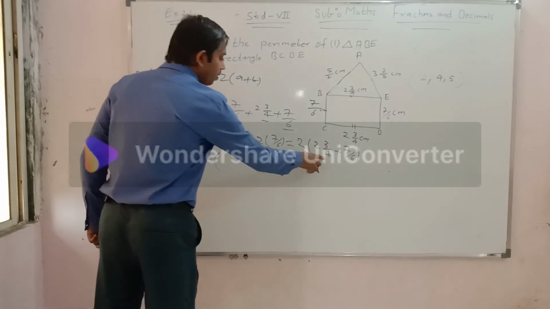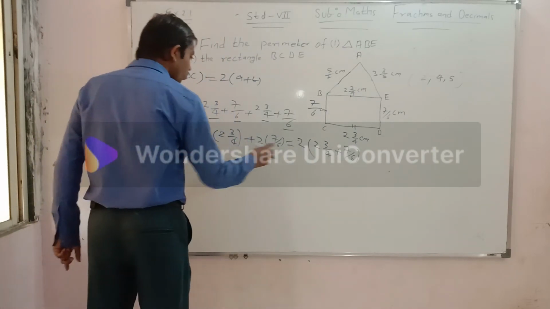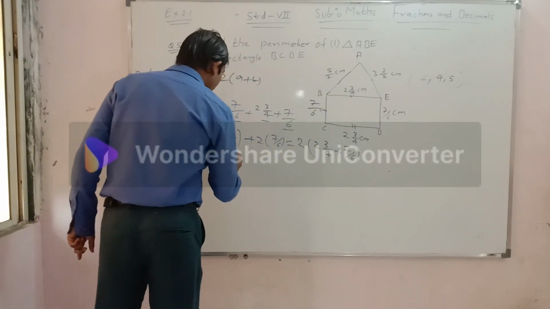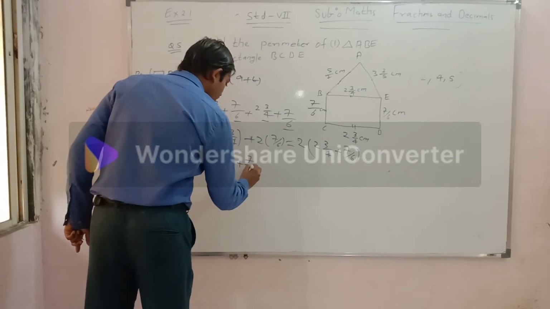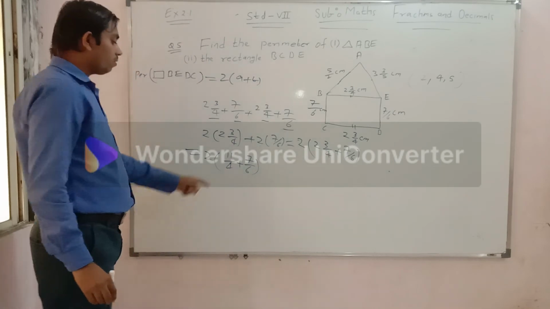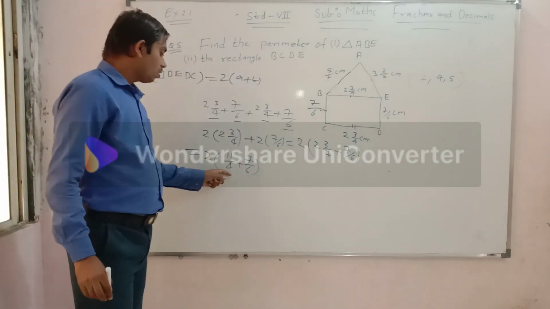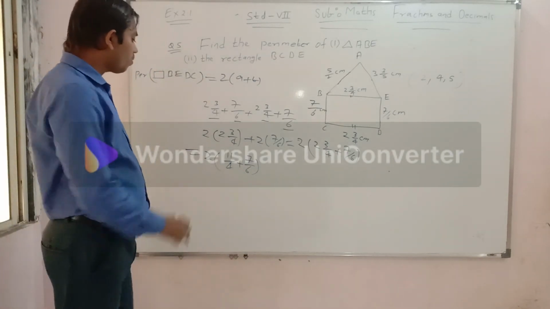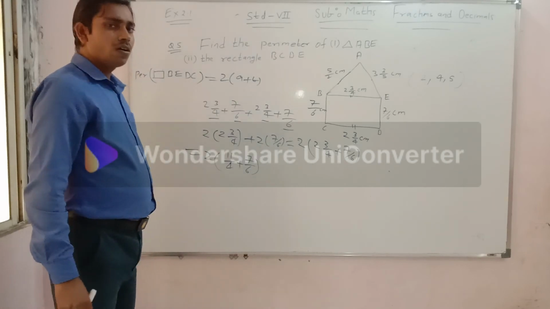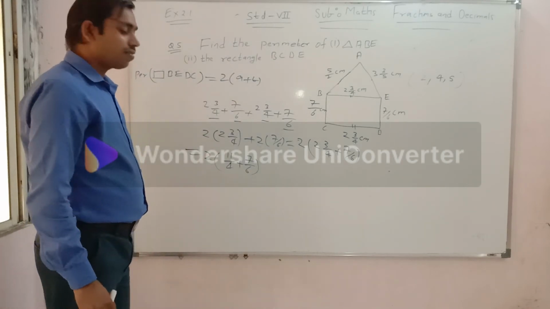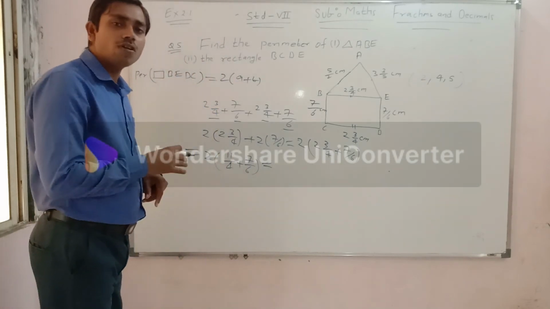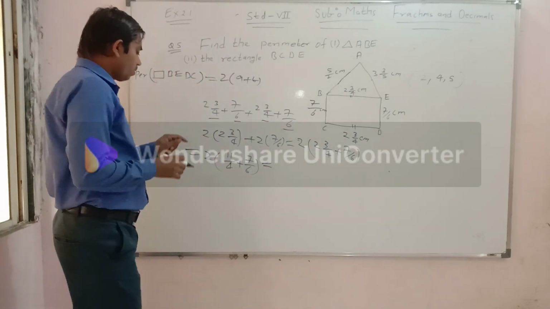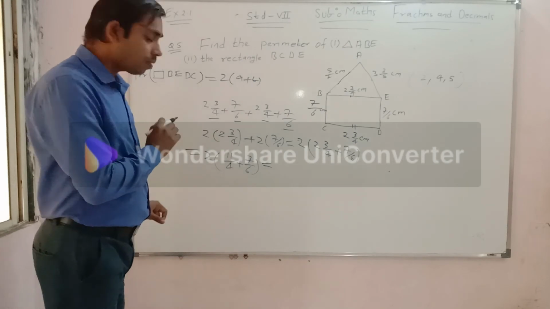First, let us convert 2 3 by 4 into a simple fraction. 4 2s are 8, 8 plus 3 is 11 by 4, plus 7 by 6. Now again, my dear student, what to do here? We have to make the same denominator, or you can do cross multiplication. So let me do the cross multiplication. It is up to you. You can also do it your own way, or use another method. Right now I am doing the cross multiplication method.